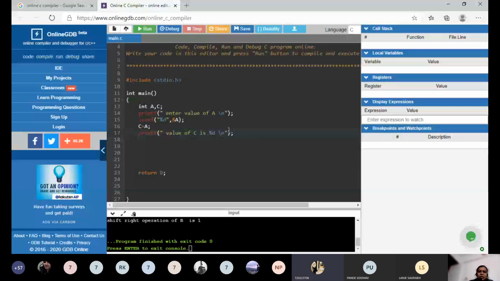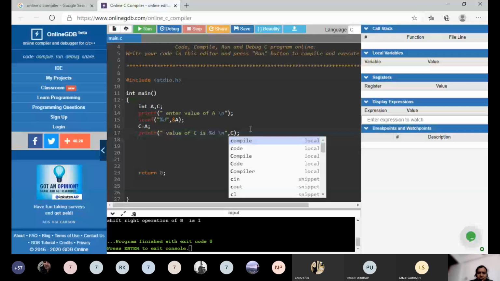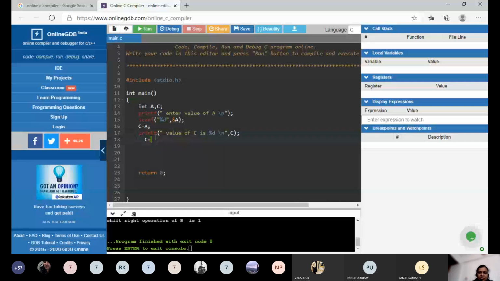Now here C equal to A, what it will do is whatever value of A, that is assigned to C. Okay, the value of C, I will just use this simple command. Now if I write C plus equal to A, the operator we have to write first, then semicolon.